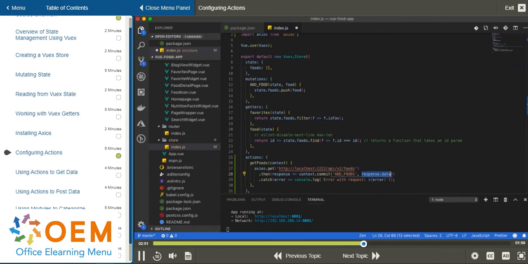The way to do that, to modify state, is to use a mutation, and the way to call a mutation from an action is via the context object, which comes with a commit function we can use. All of this is what we're getting done on line 28, so when we say context.commit here, we're calling a mutation named addFoods, and we're passing to it our response payload. If for some reason our network request